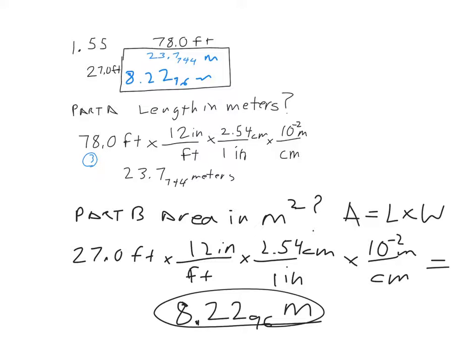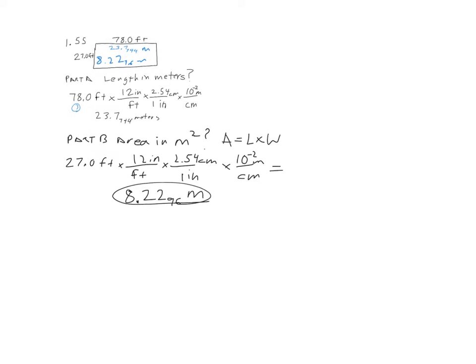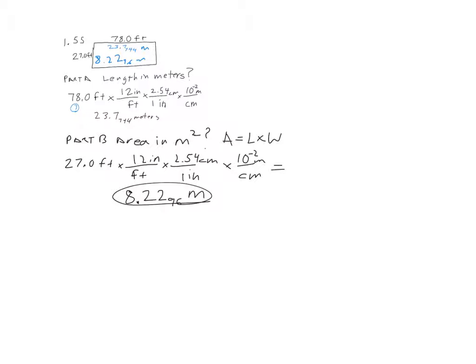So now to get my area, I have to multiply my width times my length. So that is simply going to be 23.7744 meters times 8.2296 meters equals